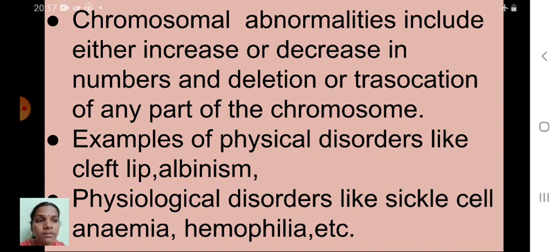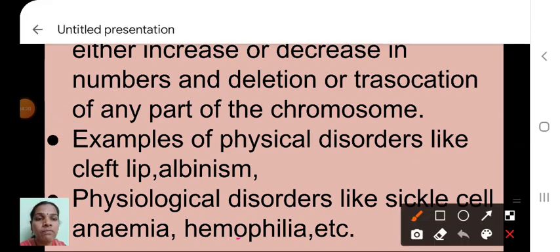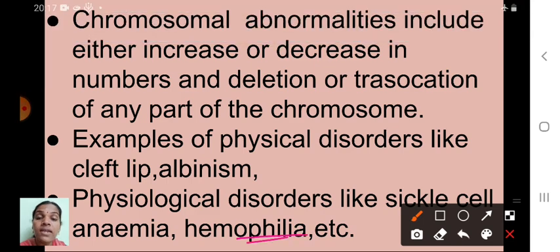See here, children. Those who are affected by this genetic disorder take a lot of time to clot the blood. If any injury is there, blood will keep coming, that is bleeding. So it takes a lot of time to clot the blood. Normally, it is not a normal condition. So that is hemophilia. Understood, children? Next one is, see here.